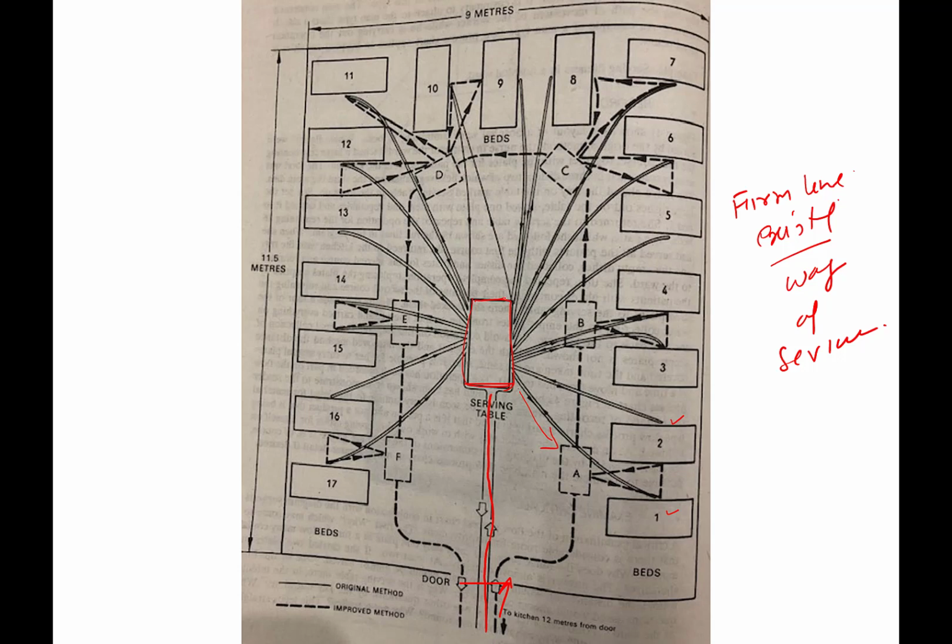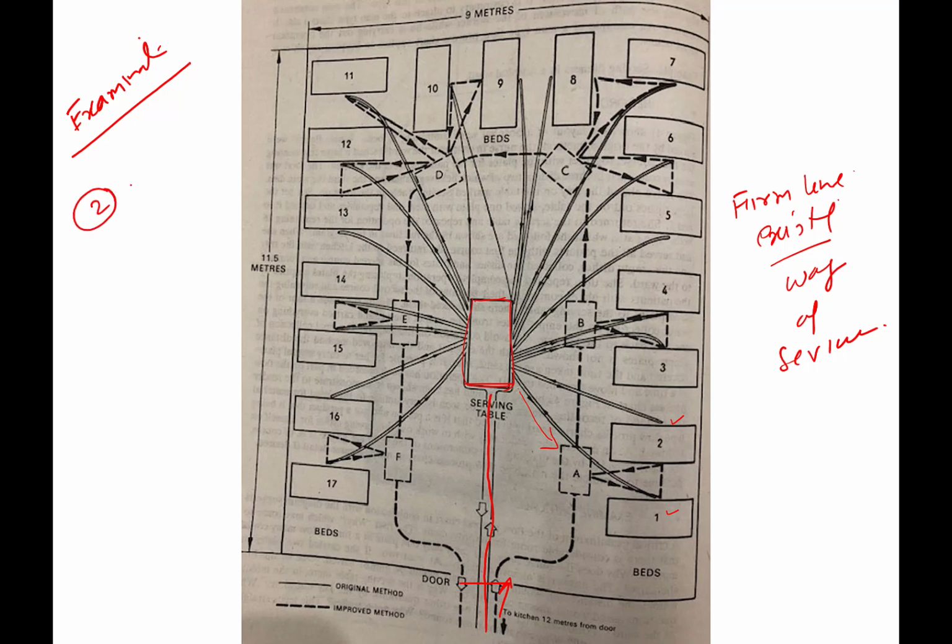After this, critical examination is carried out. When critical examination is carried out, there may be n number of questions, but the two simple questions that come up are: why is the nurse carrying just one plate in one go? She could have taken 2 plates and served 2 beds in one go itself. There was no valid justification, and it was also identified how many plates she can carry. So 2 plates can in any way be carried by the nurse.